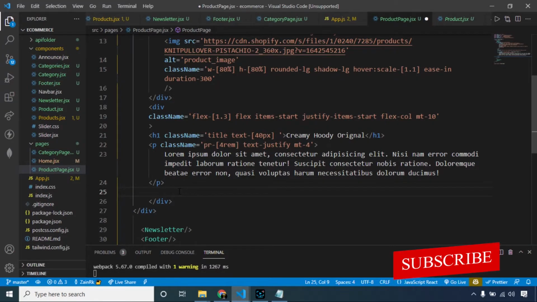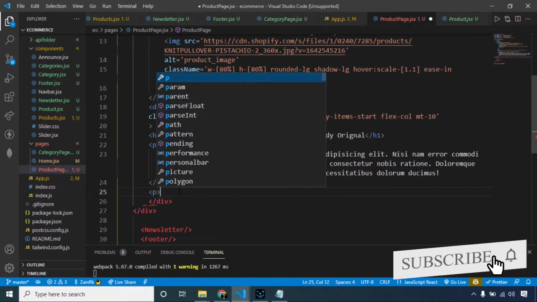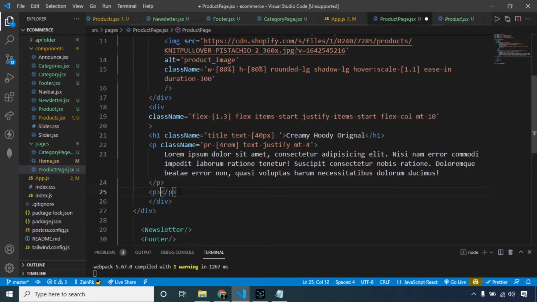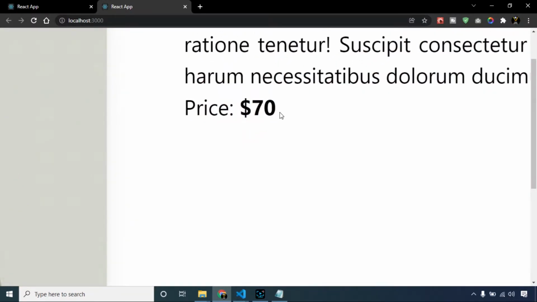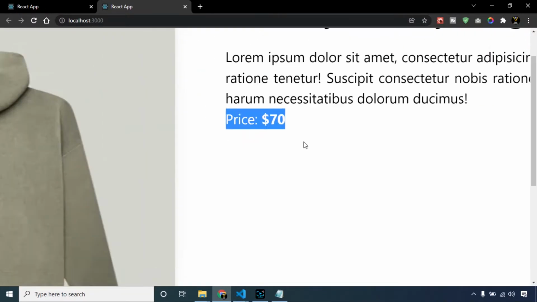Now move to the price section of our product page. To make this, I am making another p tag with price, and inside a bold tag I am writing the price of our product. I know we will fetch these values dynamically when we connect our e-commerce store with the MongoDB database, but for now, let's do this by hard coding the prices. Our price is inserted. It's time to give it some styling.